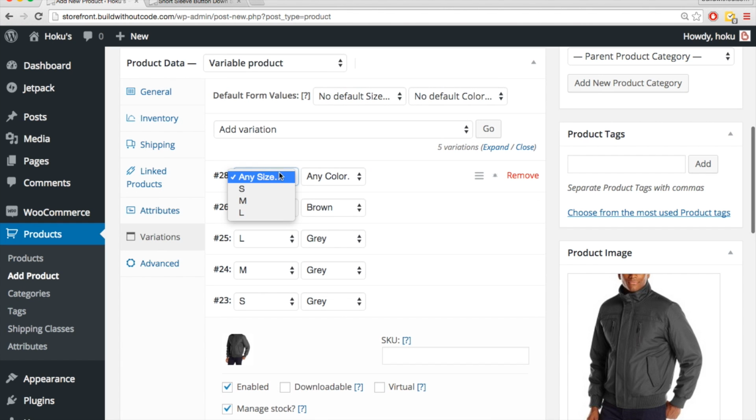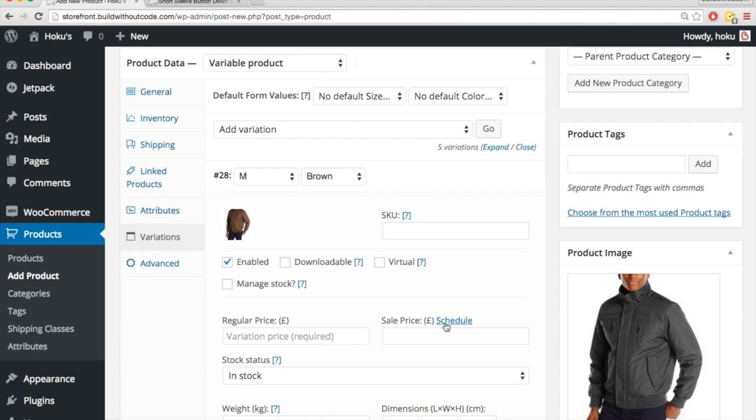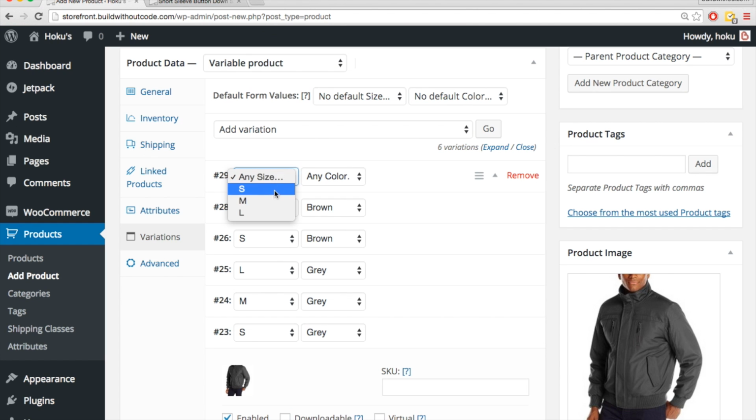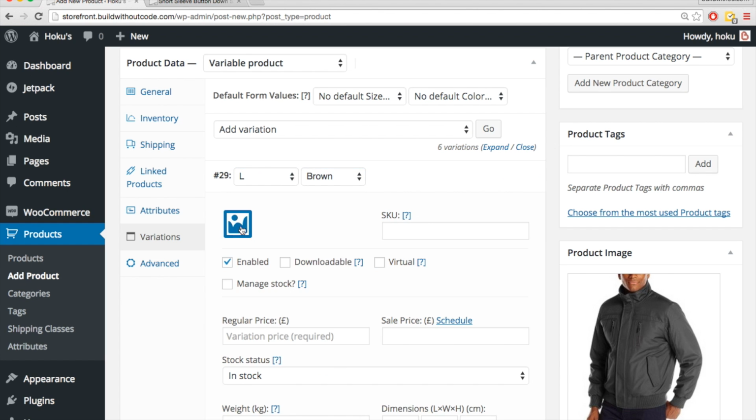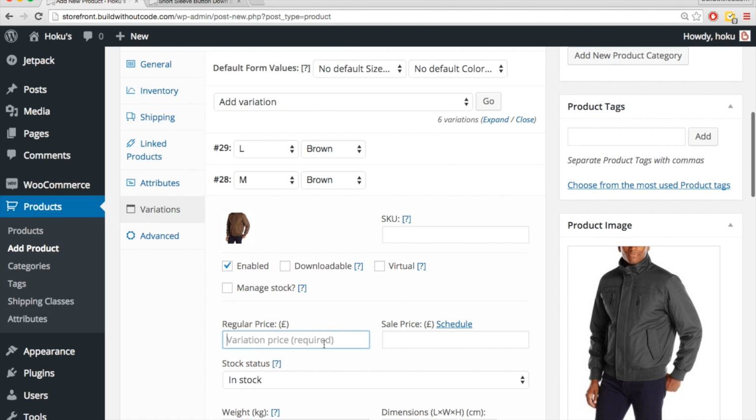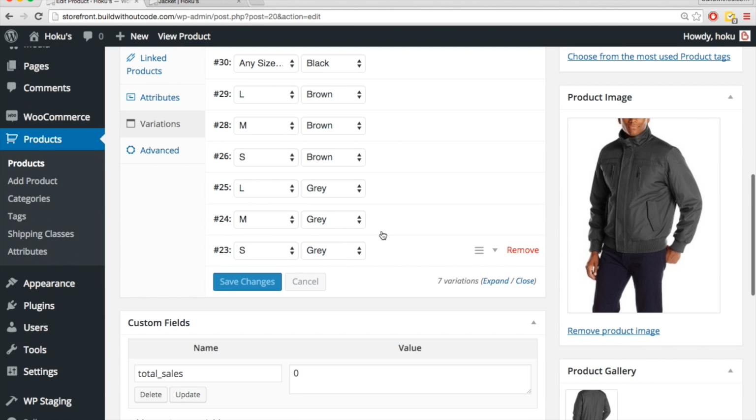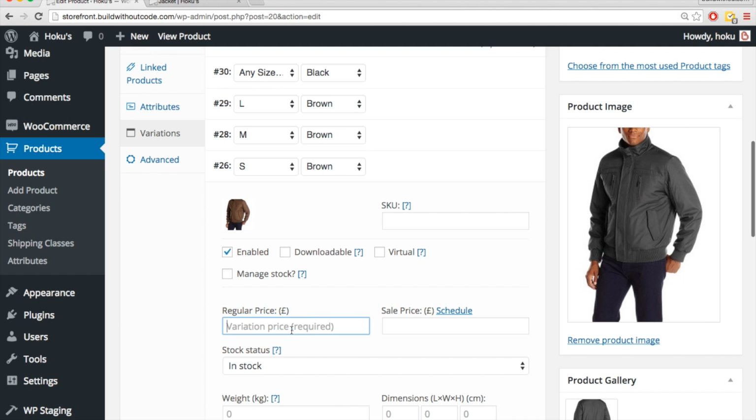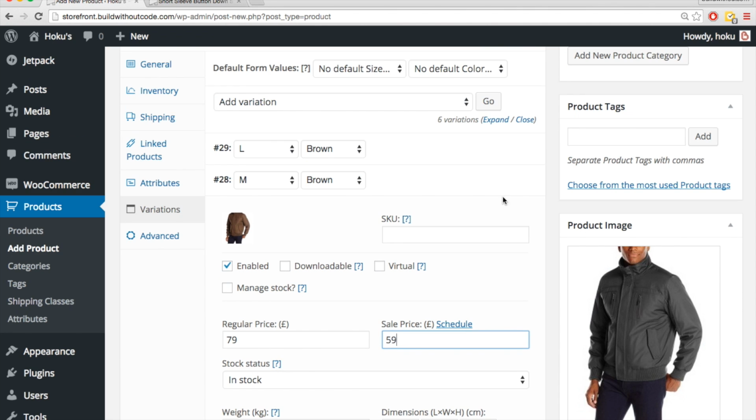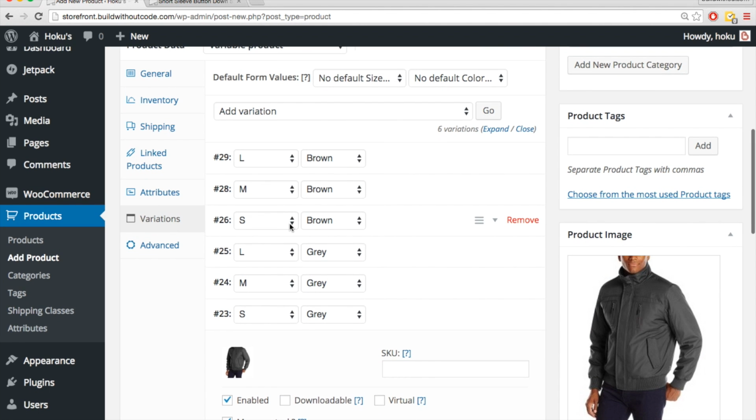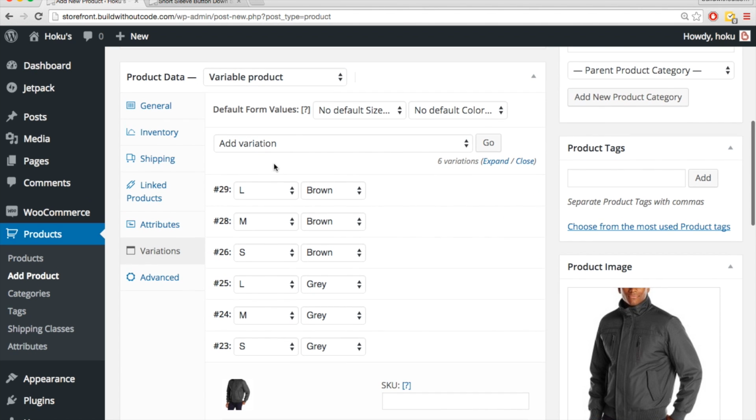Now let me just do that for the medium brown. Add that image. And then for the large and brown, and we'll say this one again is regular price 79, sale price 74. And for the medium, I forgot to add the price, so 79 and then 59. And then for the small, 79 and 59. Okay, so we have different variation for each size and color, but we have one more color,